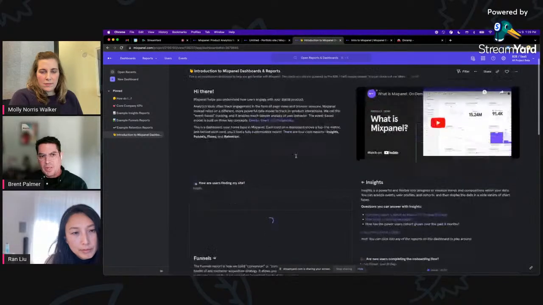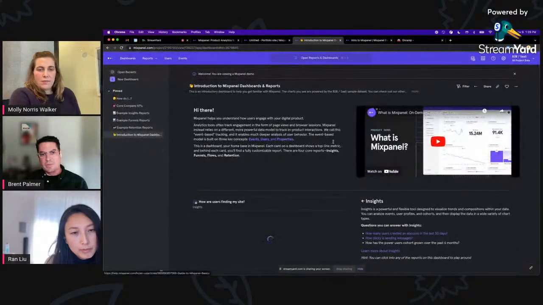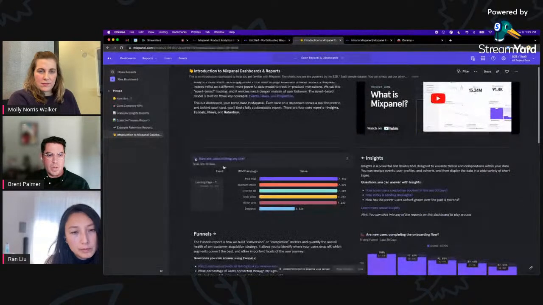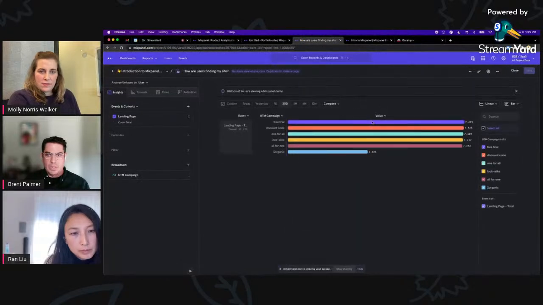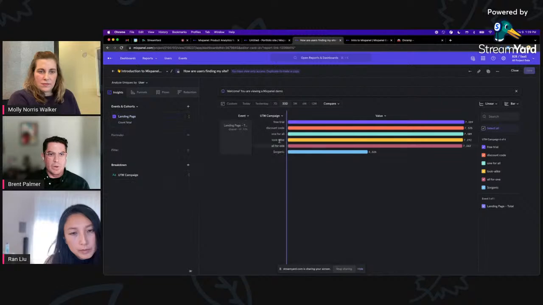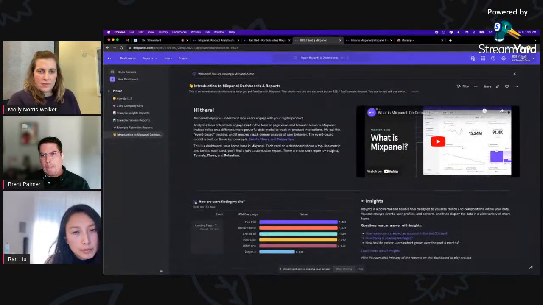So again, this is treated as an onboarding mechanism. We can put a lot of data into a much broader canvas here, like a demo dashboard. We can include text and video to help orient you around the product. And if you want to come in and bang on that, you can start doing some deconstruction about what a landing page is, what your events and properties are. You can go back.